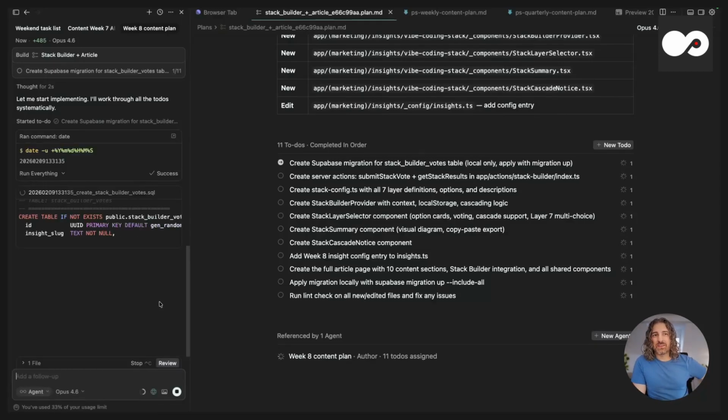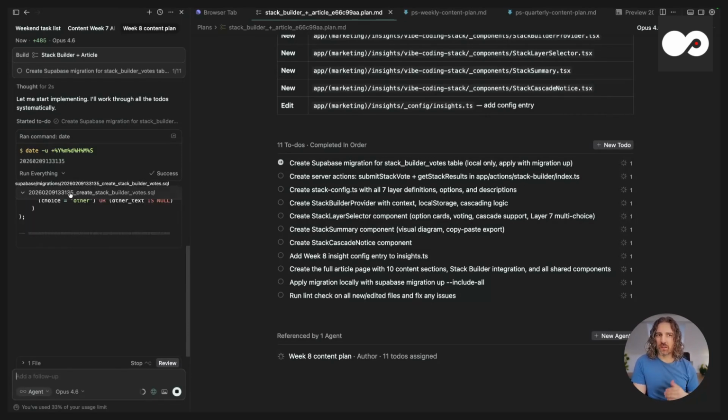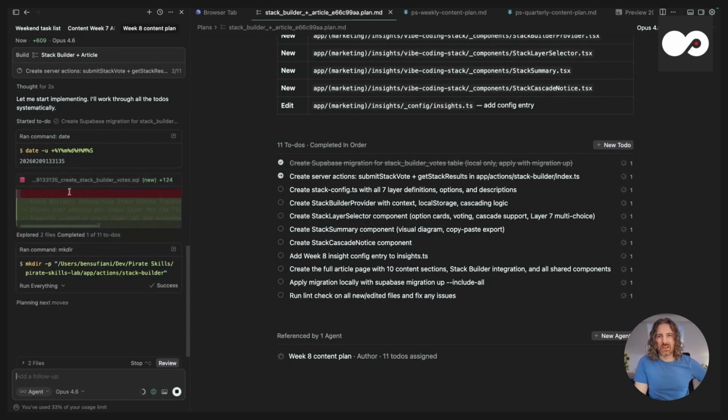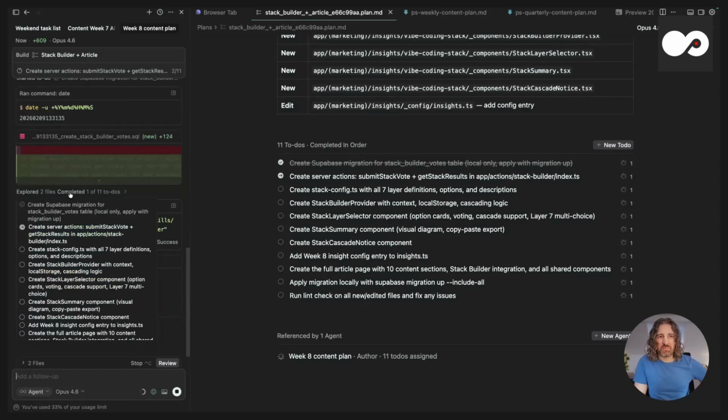Here it's now changing my database as we speak. It's doing that locally on my machine first, so it doesn't change anything in the production environment yet, because I want to see, does it work? I probably want to make changes and only do the final version of that in production. Again, one of the advantages I get from doing this in my own stack compared to just taking what a tool like Lovable allows me to do. But to be honest, this can be more complex and harder to learn,